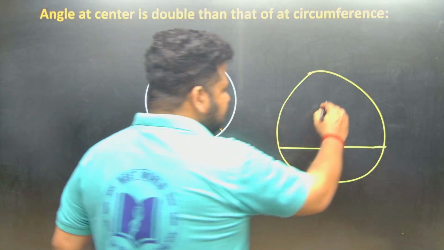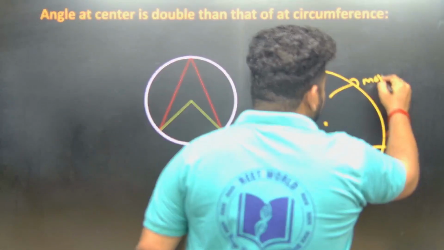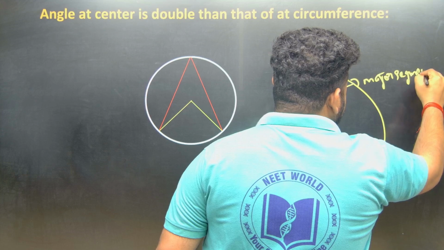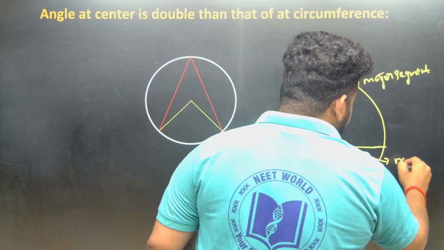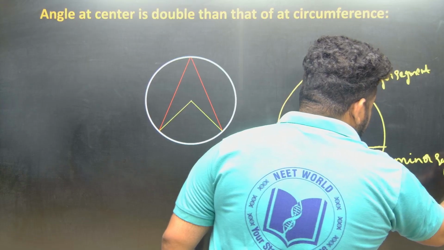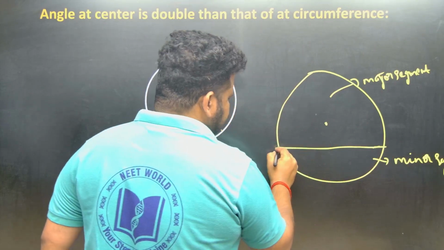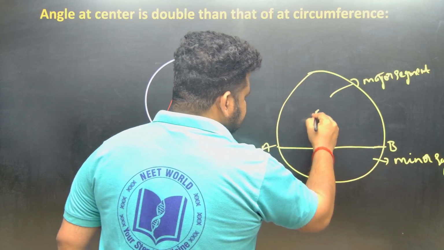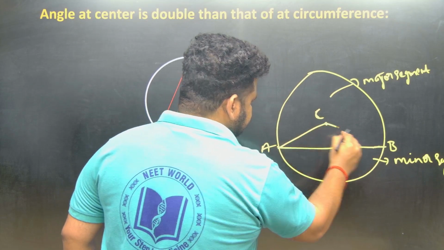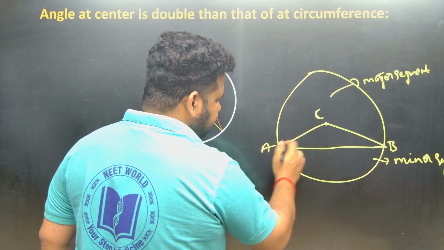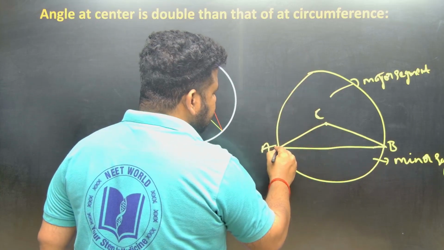So this is called a major arc, or the major segment, and this is called as what? Minor segment. Now the center is above this. With the ends of this chord, let this be AB and let the center be C. If you are making an angle here, from the same 2 points A and B, and towards the center you are making one more angle,